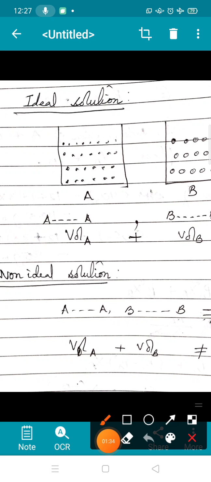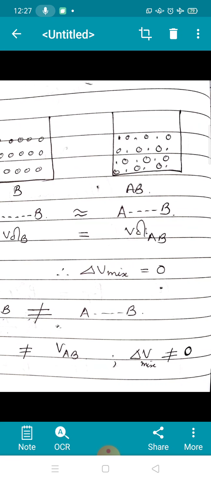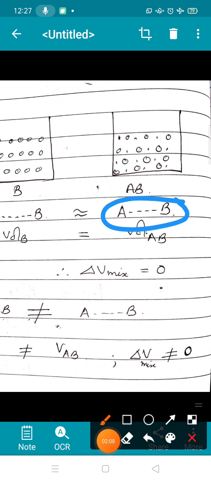Now here when we have only A, say water, then the molecules of water will be held by a kind of force and we call it AA interaction. You can see here I am showing the interaction holding the molecules of A. Similarly, when we have only component B, it is also held by a kind of force, represented by BB. Now these are before mixing them. Once we mix the two, A and B, they mix thoroughly and form a homogeneous mixture. A new interaction sets in, and the new interaction is AB interaction.